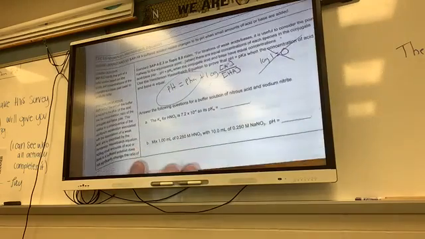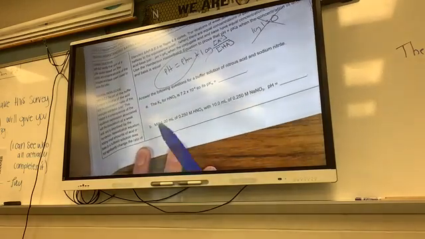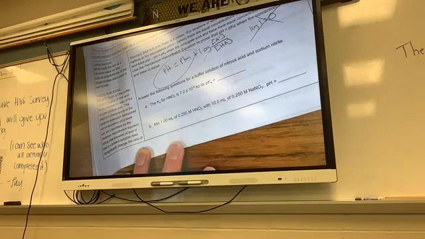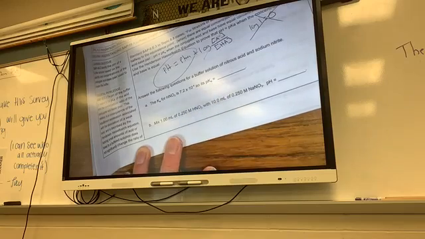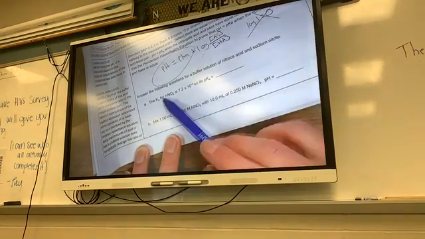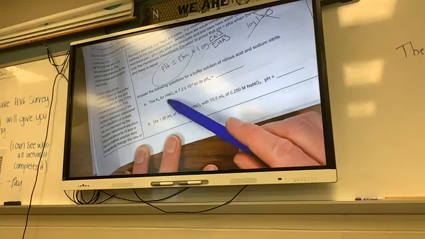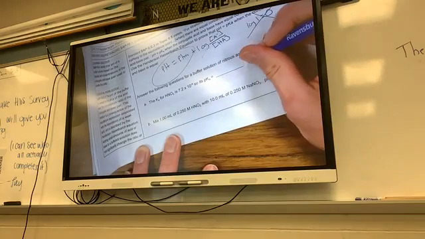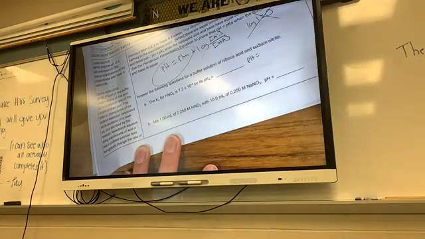Answer the following questions for buffer solutions of nitrous acid and sodium nitrate. Here's my Ka. So what is my pKa? So what am I going to do for this letter A? This is a weak acid, so you can't take a direct negative log. Henderson-Hasselbalch. So pH equals,